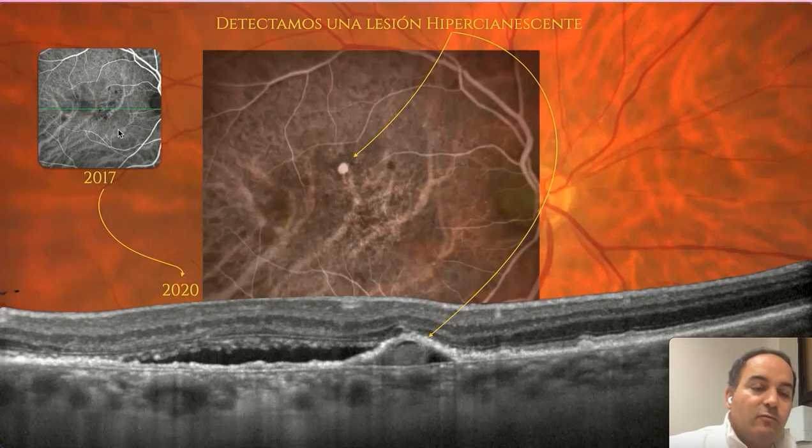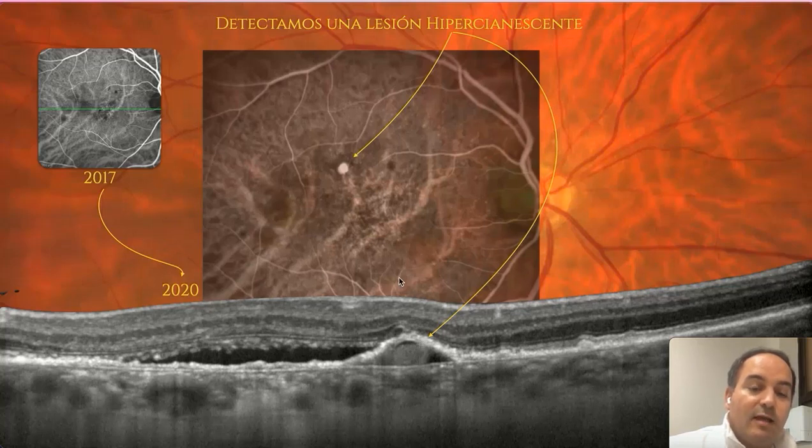He was diagnosed with a neovascular pachychoroid, and even though we have treated this patient quite a few times with anti-VEGF, in 2020 the patient developed this RPE detachment with this round lobular lesion below the RPE that was